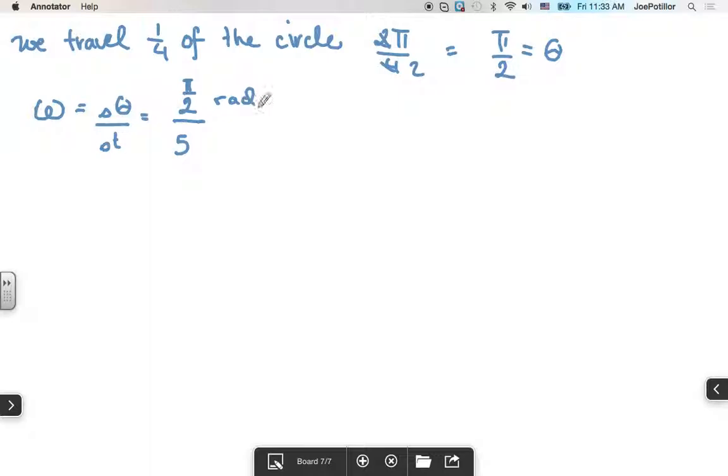So pi over 2 radians over 5 seconds is of course pi divided by 10, which you can use your fancy calculators to figure out, but I will tell you what it is. It's about 0.31